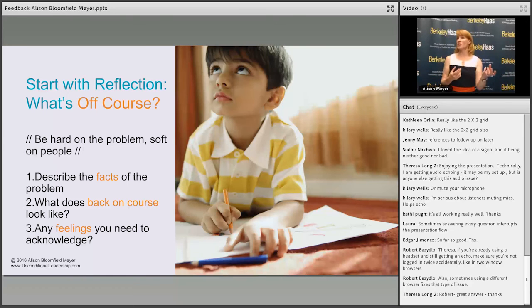Maybe it was miscommunication. Maybe they messed up. Maybe, was it malicious? Did they intentionally sabotage you? Really, I doubt it. So what does back on course look like? It might be